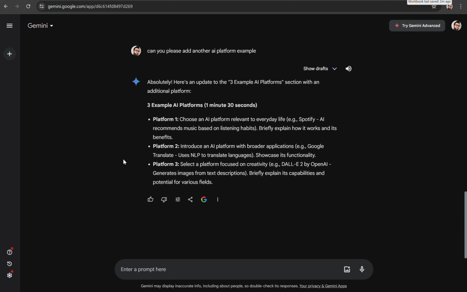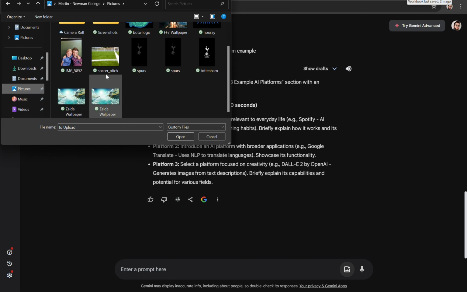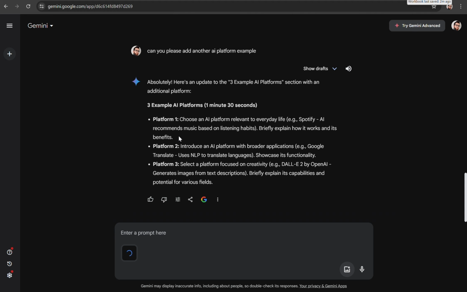So let's go ahead and look at interacting with the platform with something other than text. Down here on the right-hand side of the prompt box, you'll see an upload image button. What we can do is click upload image. I'm going to click on my pictures folder, and choose one of the pictures I've got here. I've got a picture of a soccer pitch, so I'm going to open that up and add that to Gemini. And what I'm going to do is say,